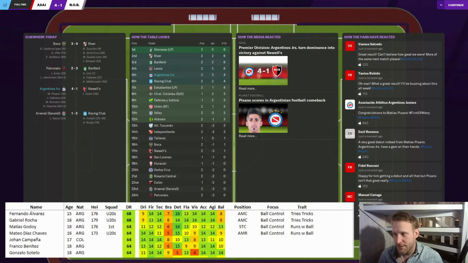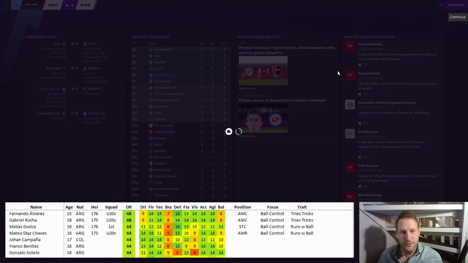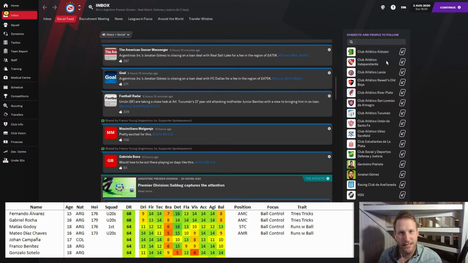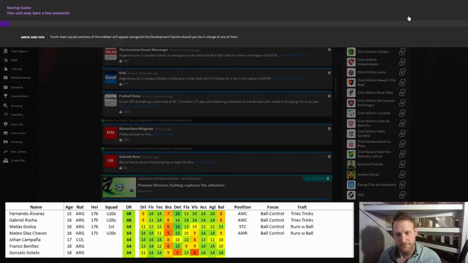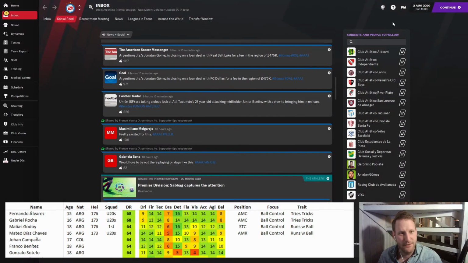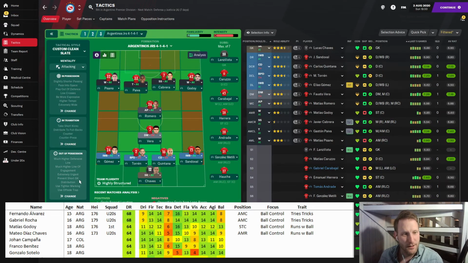So 4-1 sounds like a terrific result. Yeah, it was. And I sort of took your tactical advice and created a strikerless tactic for it. See if we can save now. At least we can save the game, that's good. So this is what we are going with at the moment. Let me show you. 4-1-1-4.